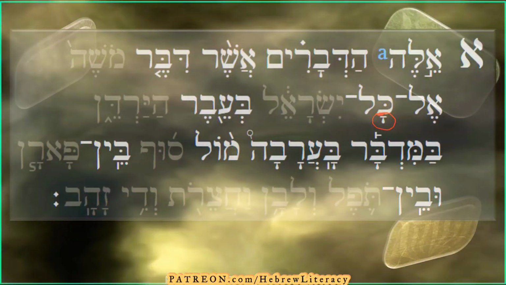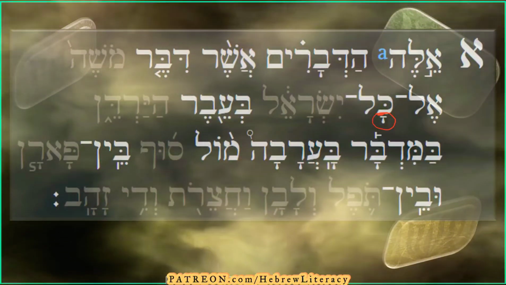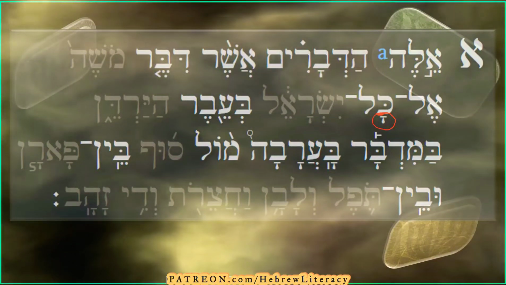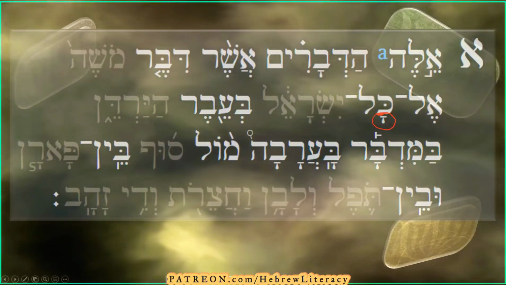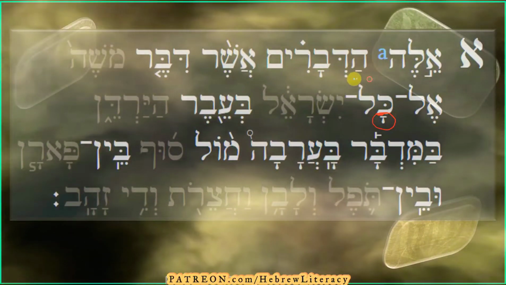Okay, so this one here, this was the only one you missed, I think, and it's a bit tricky, right? What's happening? So when you have a construct chain, when you have this group of words here with our construct chain,